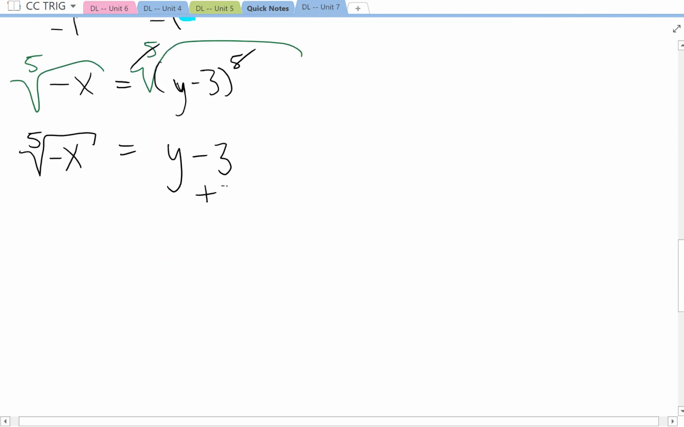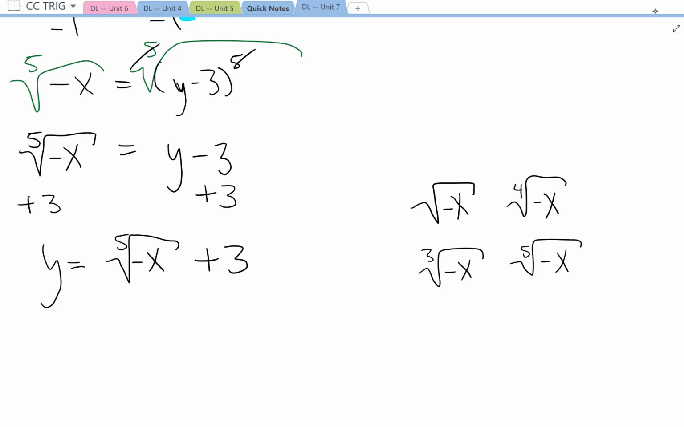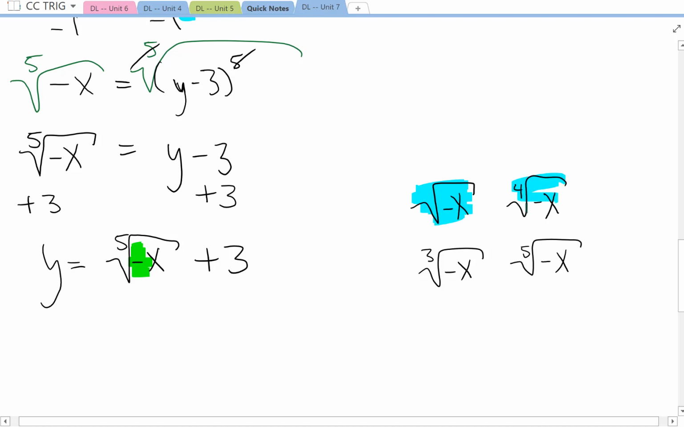Okay, we're trying to get y by itself, so add 3 on both sides. And I'm going to write y equals the fifth root of negative x, plus 3. As far as simplification goes, you should not have a negative under a root, okay? If you do have a negative under an even root, like a square root or a fourth root, then you end up dealing with imaginary numbers. But if you have a negative under a cube root, an odd root, so 3 is an odd number, cube root or a fifth root, that's